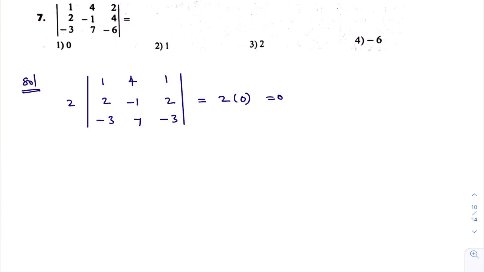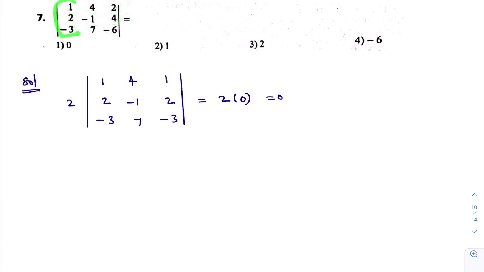Sixth question, I am requesting you to please go through that problem and try on your own with the help of your material. In the material only solutions are there. In case you feel any difficulty while getting the solution, please go through the hints in the solution. This is a normal problem, the value of this determinant. You can expand this, or else you observe the rows. Check whether any two rows are identical or any two columns are identical.